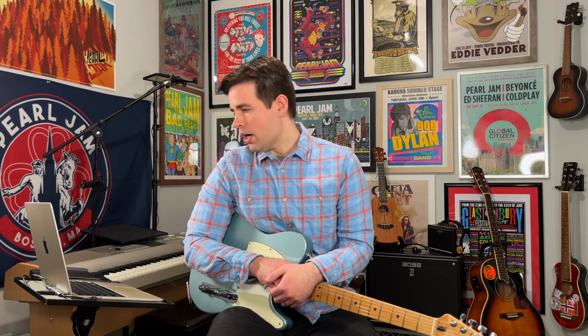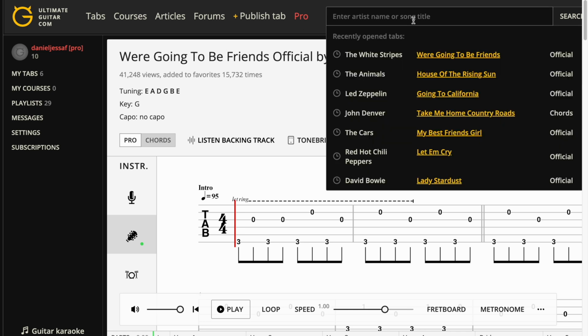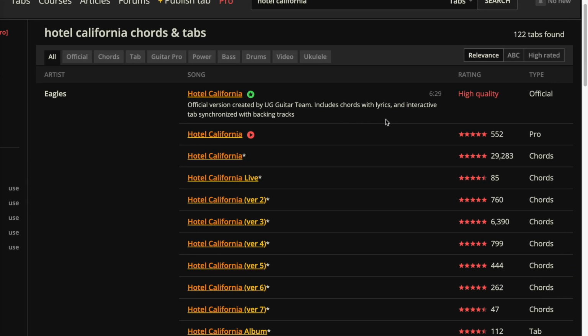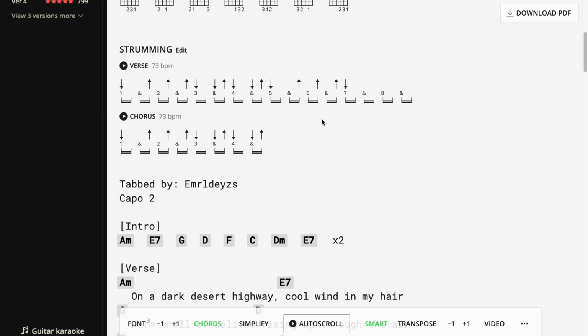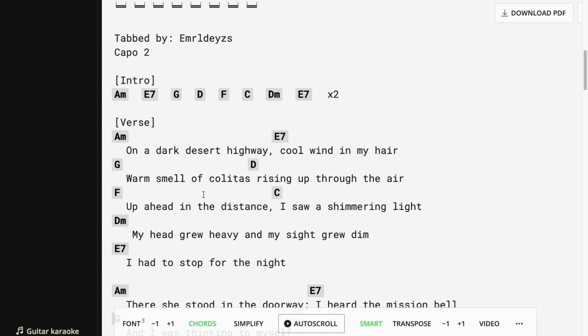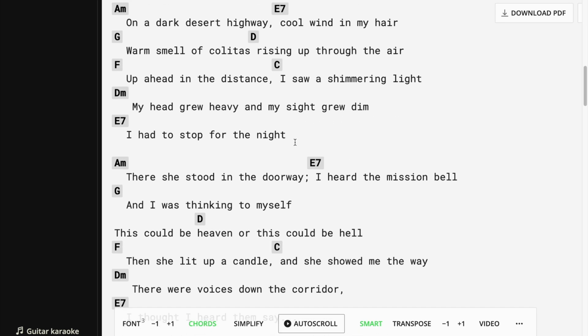So, if we take a look at a couple of examples here, like on Ultimate Guitar, super popular tab website. If I look up Hotel California, if you don't have the professional version, and you go to just a regular old tab, you'll get a generic strumming pattern, no sheet reading, but there is some rhythm written underneath, and you're kind of left to fend for yourself. A lot of times using your ears to figure out, when do I change to this chord? I mean, they're written above the lyrics, but a lot of times that's not super helpful when it comes to